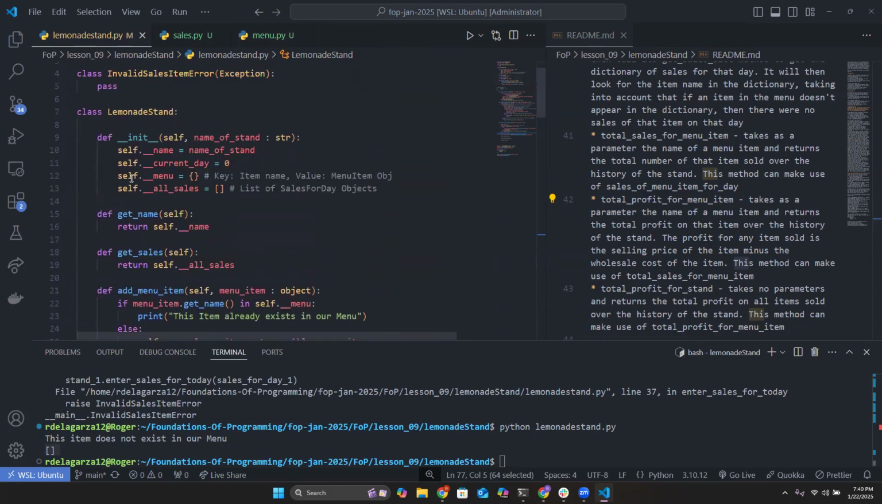But we do have a data attribute called menu. And what is this menu? It's a dictionary where the key is the item name and the value is the object itself. So I know that there is somewhere where my object is stored. I just need to know how to grab it. So I need to grab my menu,